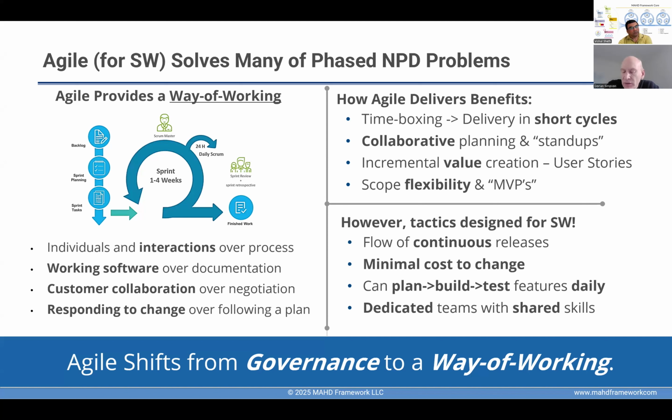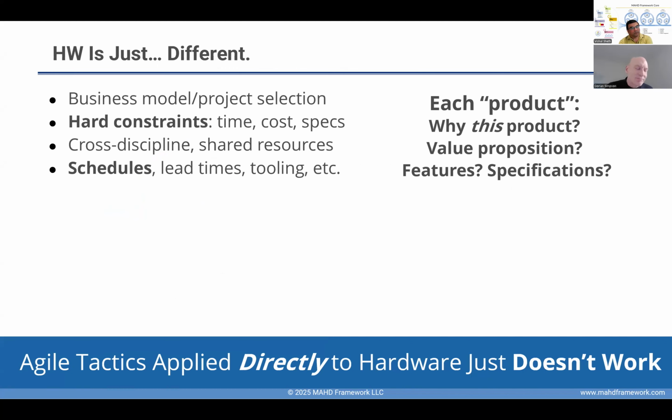They often share skills. They can prioritize and pull off different tasks, as they need to do. And the good news is that Agile really shifts the discussion from governance that we have with traditional processes to a way of working. And that's the advantage. But the problem is, well, for hardware, it's just